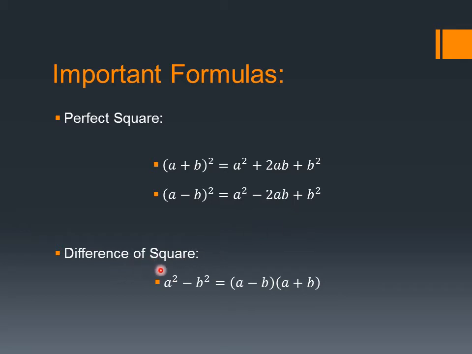The formula for difference of square is a square minus b square equals a plus b into a minus b, or a minus b into a plus b, doesn't matter. Difference of square, as the word indicates, difference always means the subtraction. So the two squares are subtracting from each other, and perfect square means we should be getting the answer of whole square. So these formulas involve whole square. Remember these three formulas because all the exercise will be solved using these formulas.